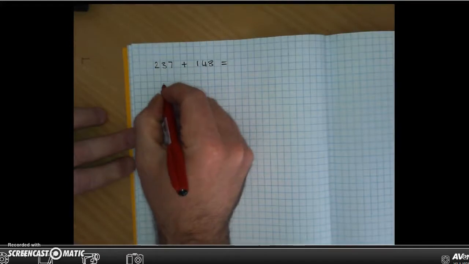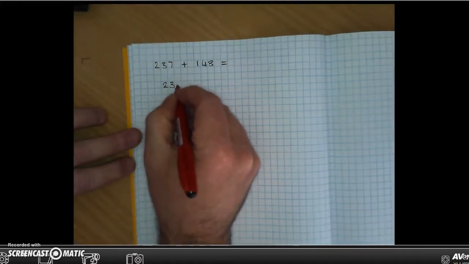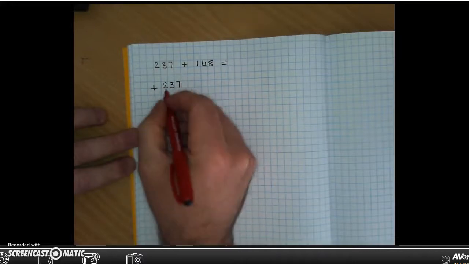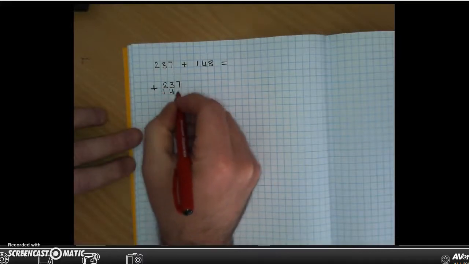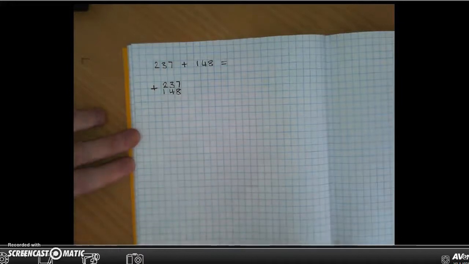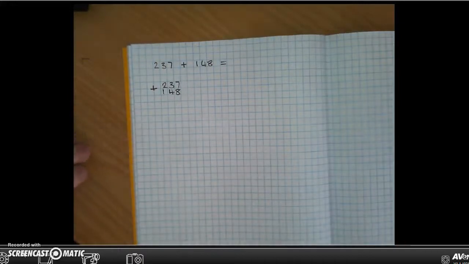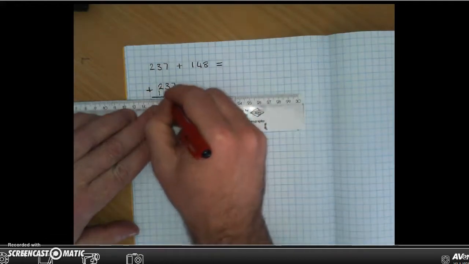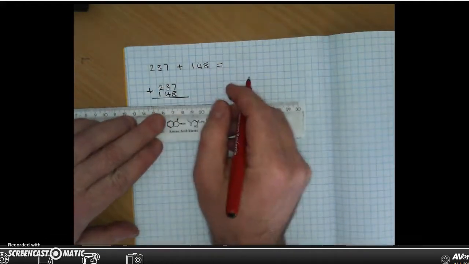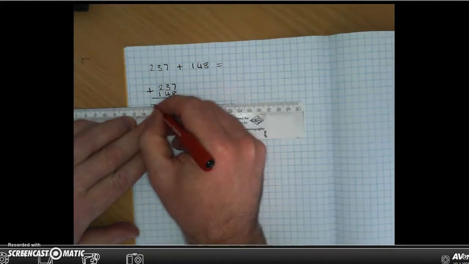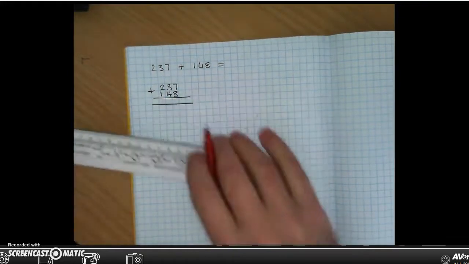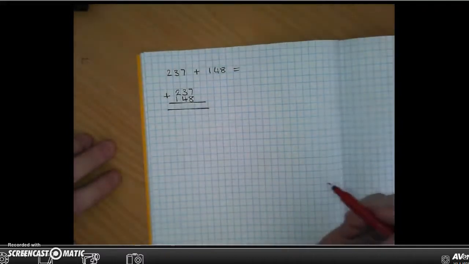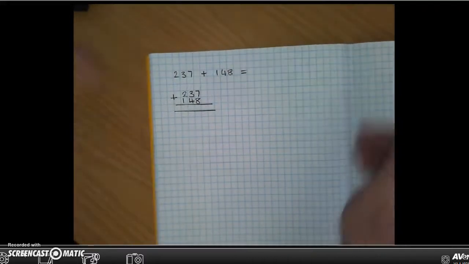First of all, rewrite the calculation, making sure you put the numbers vertically above each other, with the hundreds, tens and units digits all lined up perfectly underneath each other. Then we draw a line, and we actually draw another line at the bottom. Important thing to remember at this stage, having now laid out the calculation differently, I'll just